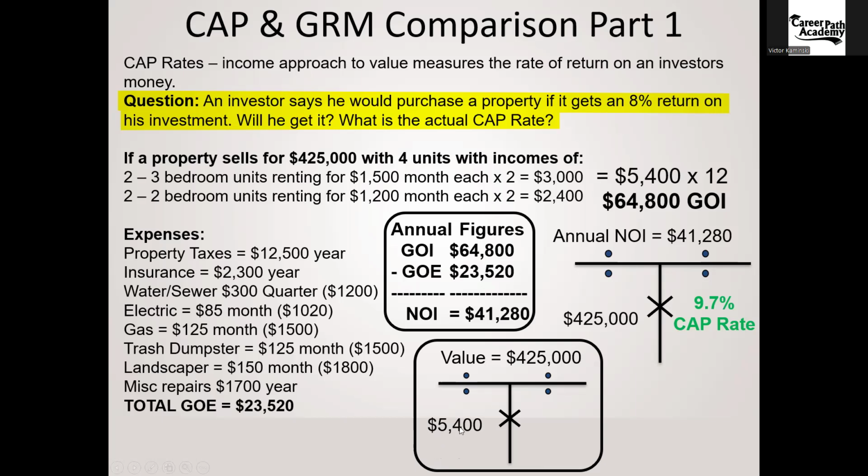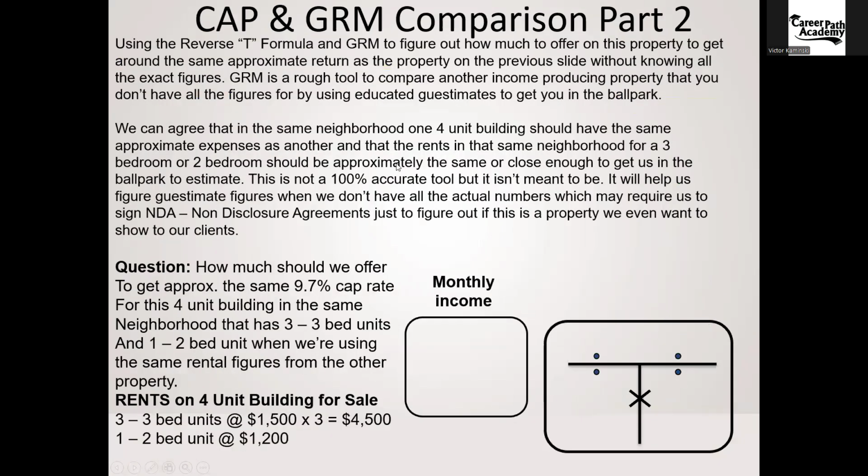425 divided by 5,400, and you get a GRM of 78.7. So we're going to go to the next slide. We're going to actually use that number, using the reverse T formula and the GRM to figure out how much to offer on the property to get around the same approximate return as the property on the previous slide without knowing all the exact figures for